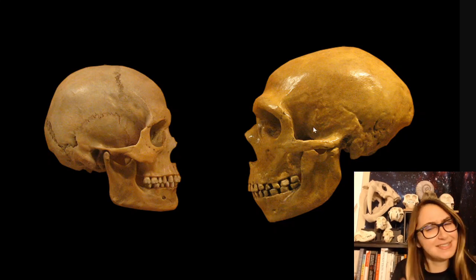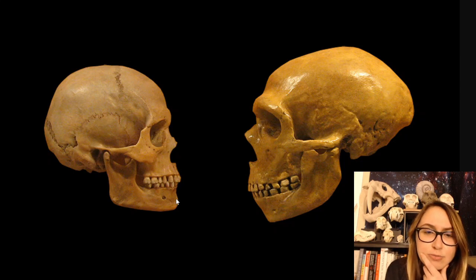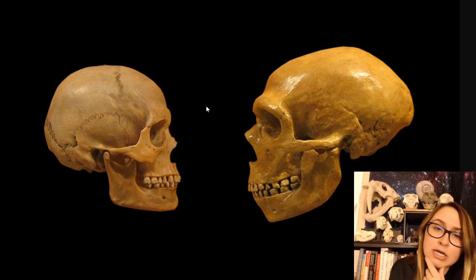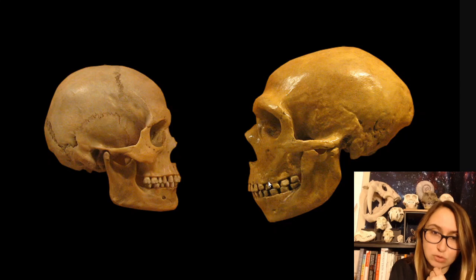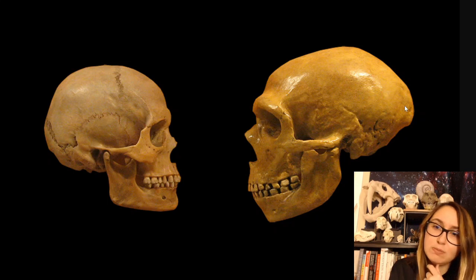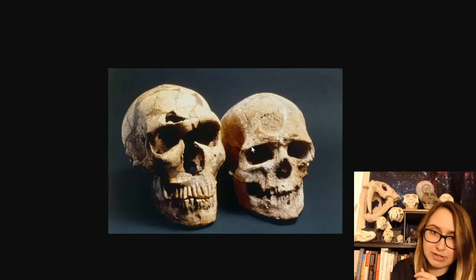So some of these differences are obvious right away. The human skull has this chin, while a Neanderthal does not have a chin, right? It lacks it entirely. The Neanderthal midface is prognathic, so it sticks out quite a bit more than that of the human. And Neanderthals also have this little structure in the back called an occipital bun, right? That humans obviously lack.